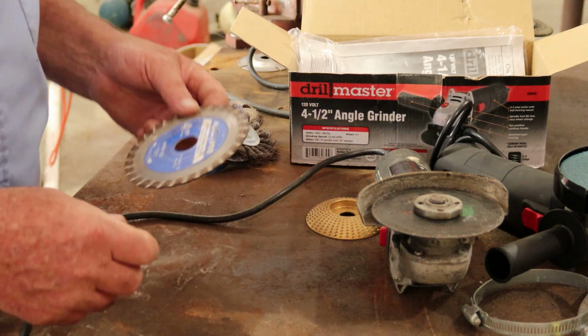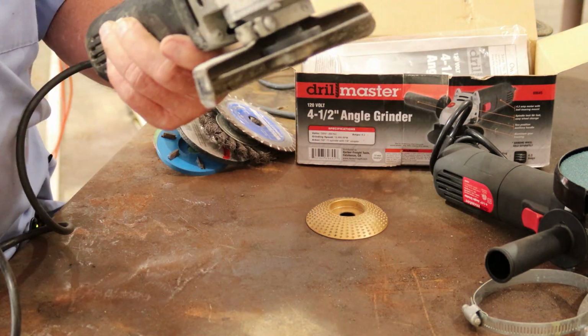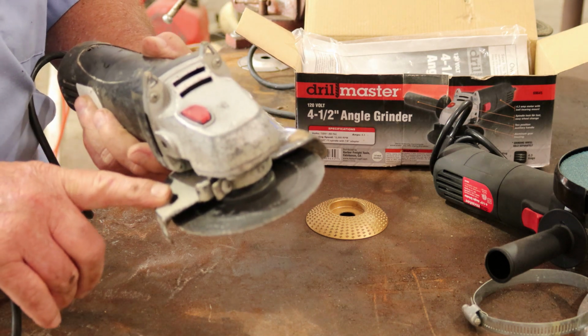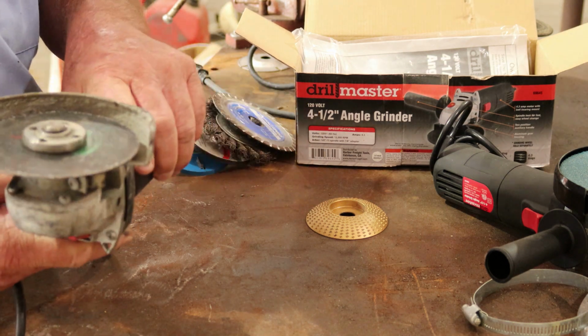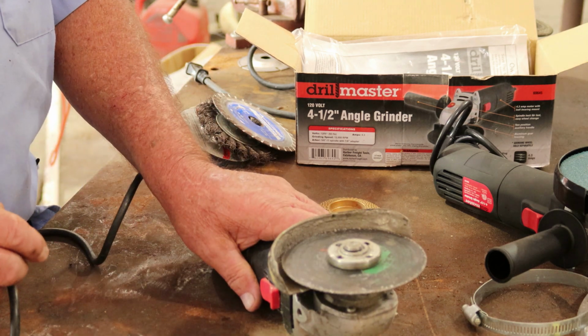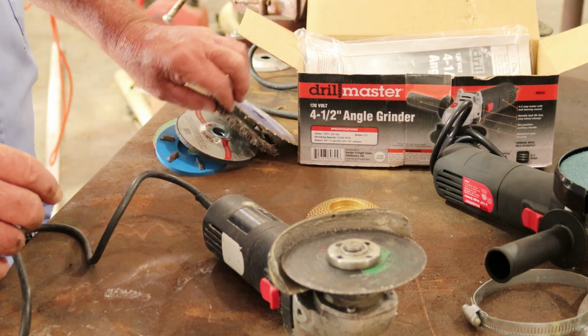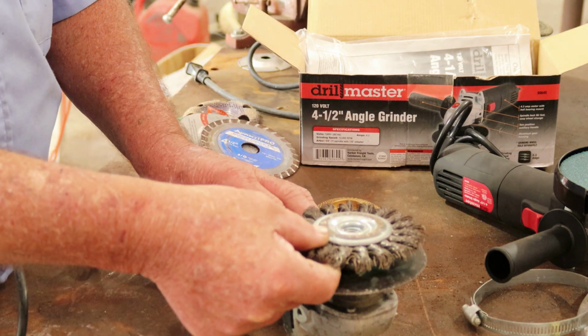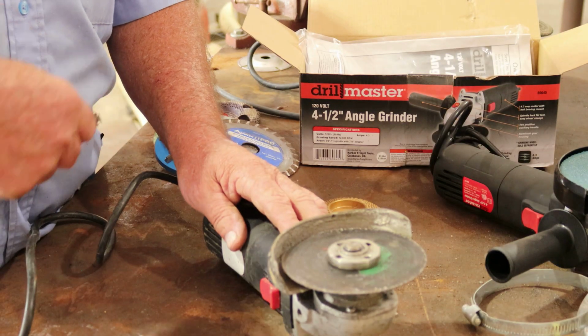So yeah, all of these were used on the Harbor Freight tool. Now they tell you not to take the guard off, but I do in certain cases. It's easier for me to work with it, but you have to be very, very careful when you do that, especially if you're running something like this, because if you get this on top of this and you got it hooked up and you get wrapped up in your clothes, get ready, because it's going to rip your shirt